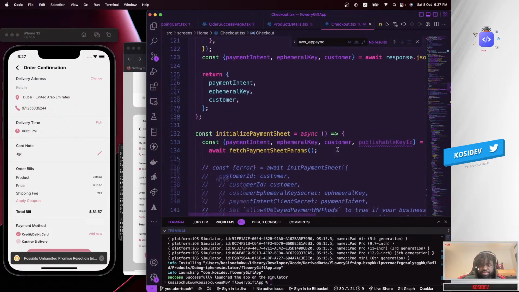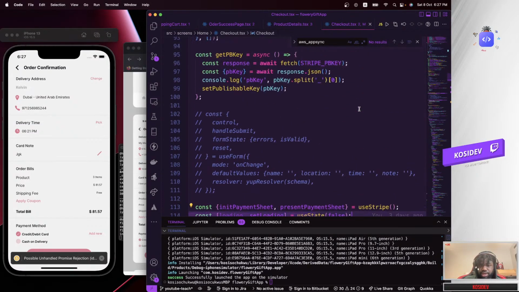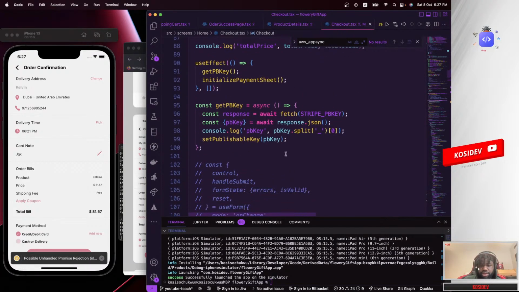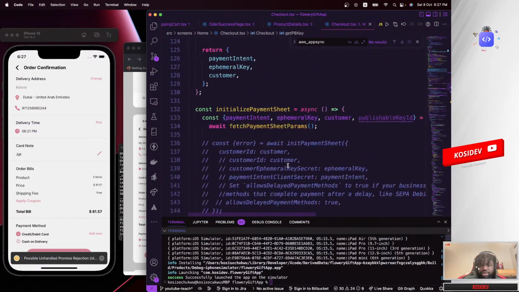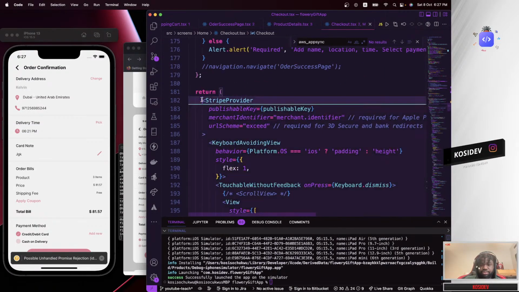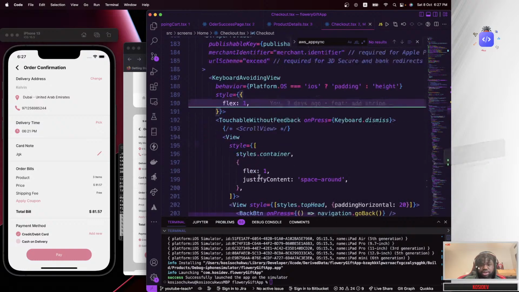I can see the reason why it's giving us that error. It's already passing a publishable key to it, and we're initiating our Stripe payment provider right here. So it should actually show up. So let's try this again.